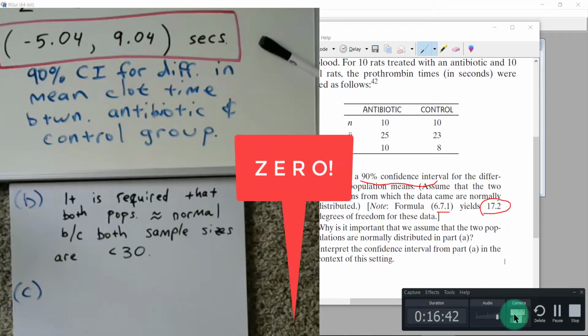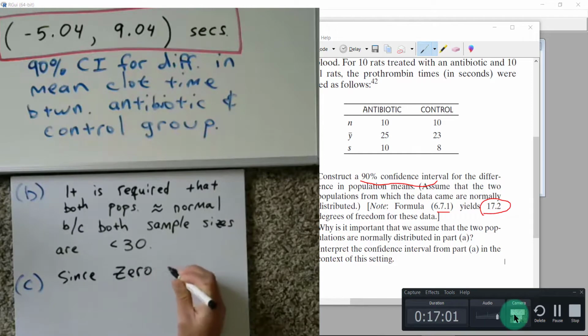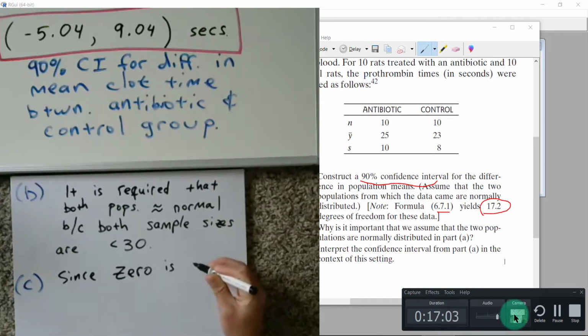That value is 0. This confidence interval contains 0 between its bounds. Since 0 is contained